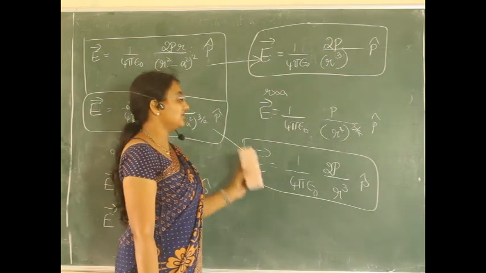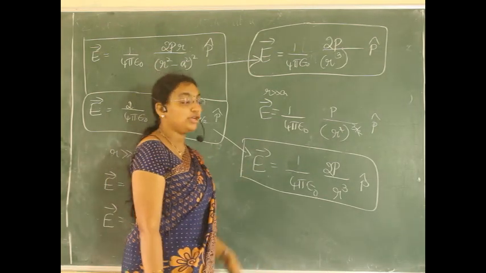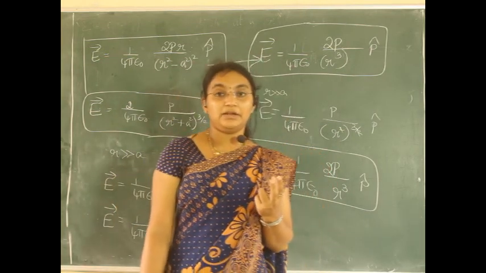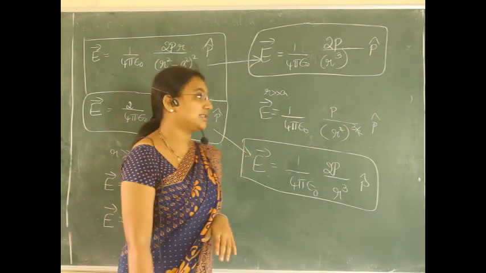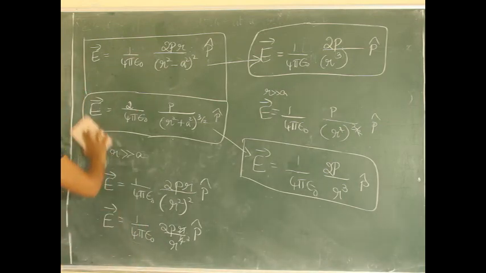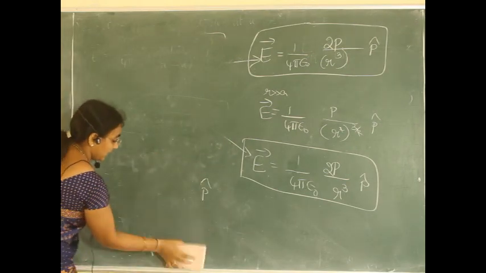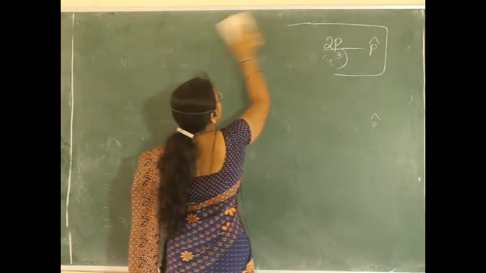So don't forget, this concept is important for your JEE and NEET purpose. These formulas will be useful. The derivations which we have completed, along the axial line and the equatorial plane, are both important for 5 marks. They can be asked in the exam for 5 marks. Very important. The next concept we are moving to is the expression for the torque acting on a dipole in an electric field.